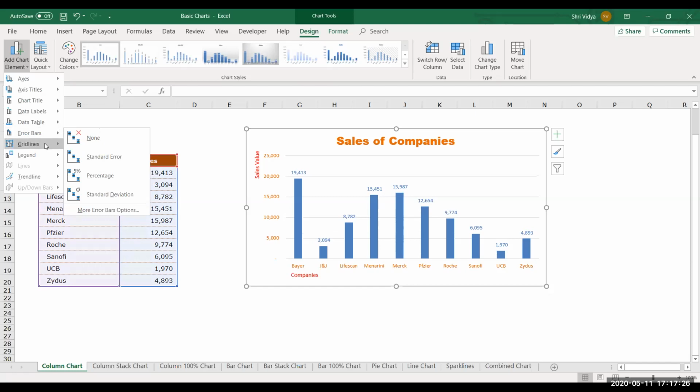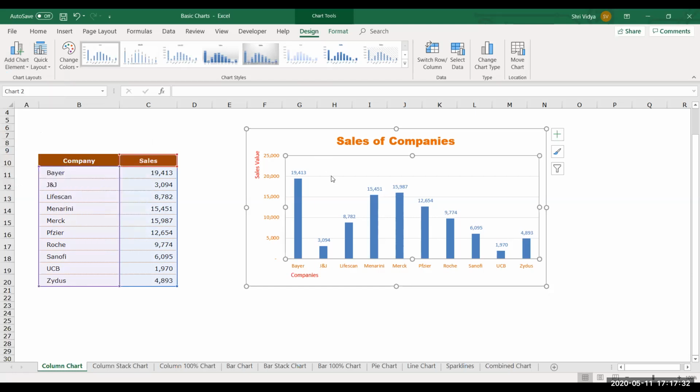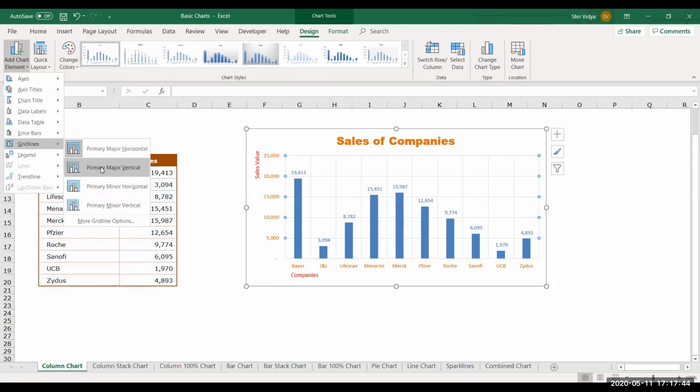Now let me take up grid lines. You see some lines here. These are known as grid lines. These that you see here are known as major horizontal grid lines. In the same way, you also have major vertical grid lines, minor horizontal grid lines, and also minor vertical grid lines.